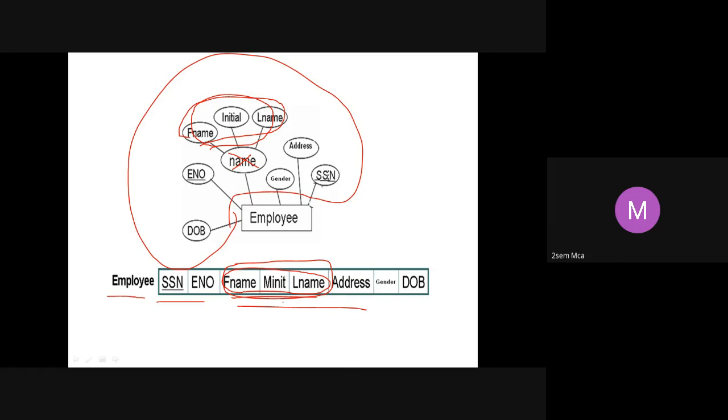If you are not interested in storing first name, last name, initial, everything separately, it is of no importance to me. I only want to know the name. That's all. I don't want to split and store it. Then in that case, you can simply create a column called name and leave it. It depends on what application you are doing, how you want to store the data and how much importance the data has to you. That's all.